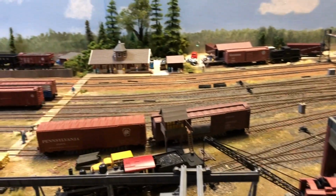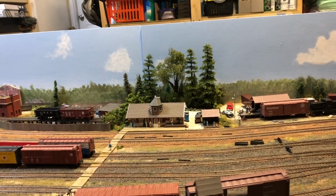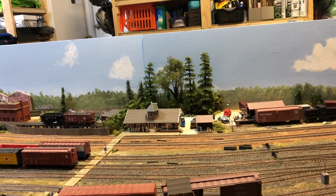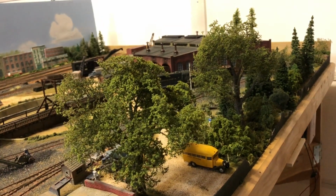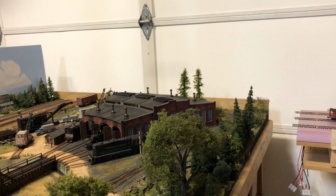Over by the passenger station on the other side, I started to do scratch-built trees, and I've got a number of them sitting over there. Four of the big ones that I've put together were made at the same time as these scratch-built trees. These two big ones right here, the deciduous, and then those two conifers that are up over the back of